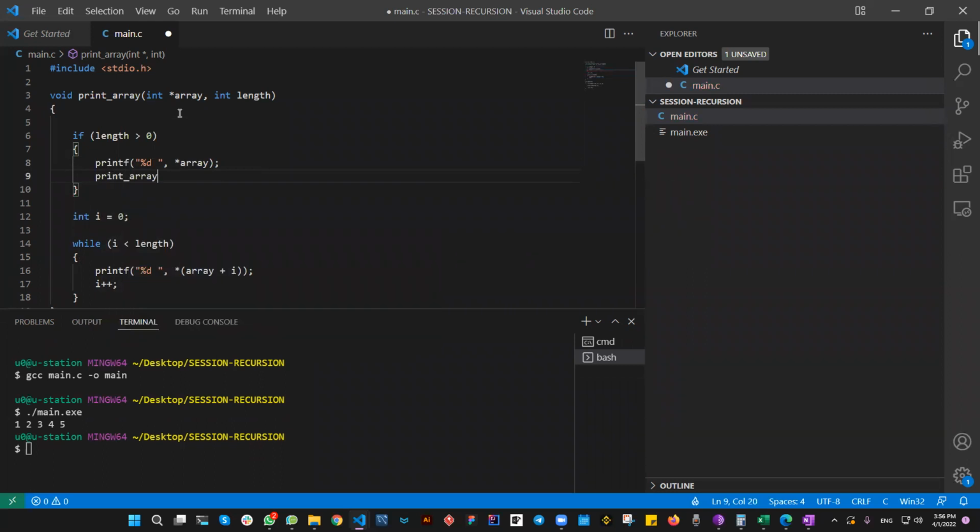We're going to call the same print array function, but this time we're going to add 1 so that we get the next address. Then we change the length. So we move the pointer to the next value. Then we